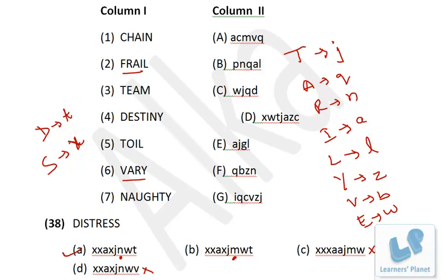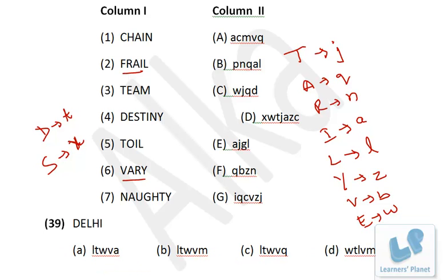So friends, if you work smartly, the problems can be done easily and you can save a lot of time as well, right? Let's do the next one. Now it's DELHI. We have the code for D, that is T. We have the code for E, that's W. We have the code for L, that is L. T W L should be there among the options, and we have the code for I too, that's A, so T W L A. Now here we don't have A, we don't have A, we don't have A, so T W L A must be the correct choice, right? So when we spend time on cracking the code, we did 8 to 10 questions very easily, right?